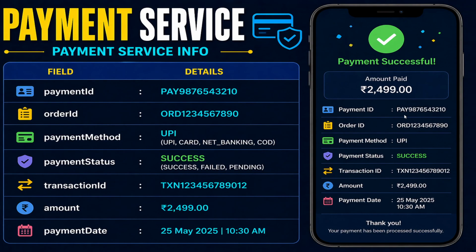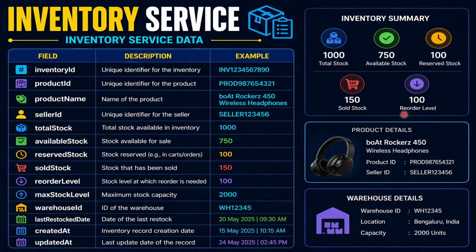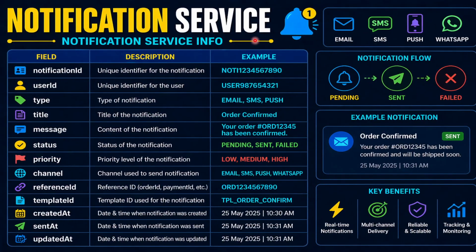Next, the notification microservice has the fields: notification ID, user ID, which are the unique IDs. Type of the notification: email, SMS, or push. Title: order is confirmed. Message: order ID, status, that order